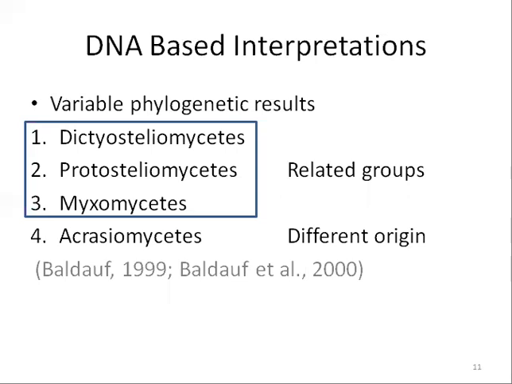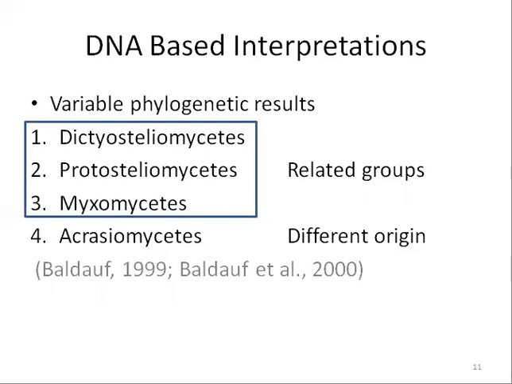Its status on the basis of DNA and its interpretations. Numerous phylogenetic analyses of DNA sequences encoding ribosomal RNA molecules and various structural proteins or enzymes have been carried out, but the results obtained are difficult to interpret because the comparison of different genes has led to rather variable phylogenetic schemes. Of the four groups treated in the Webster, it seems that the dictyosteliomycetes,